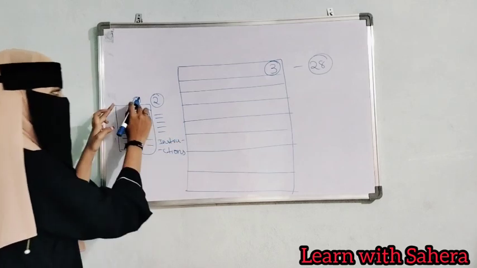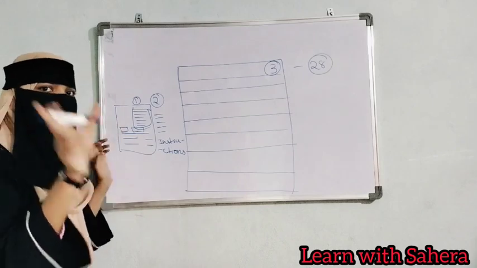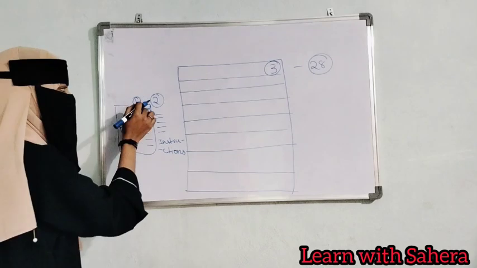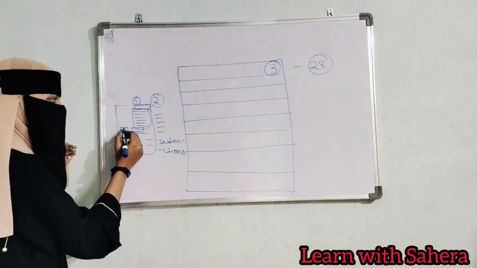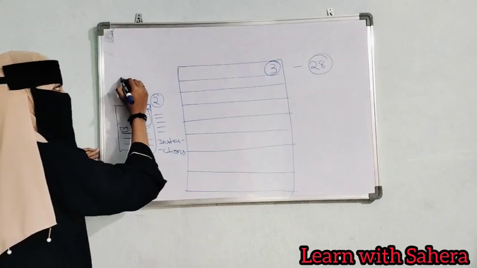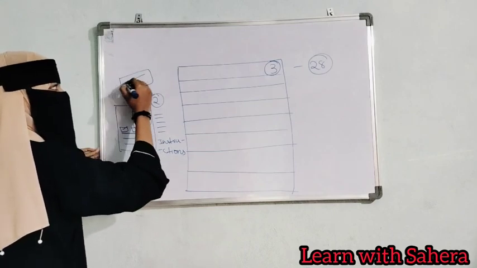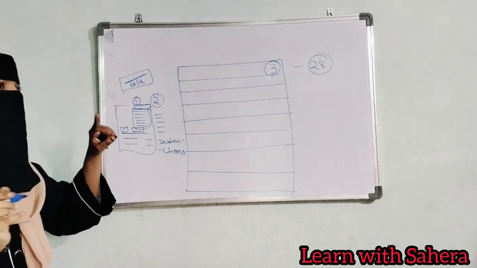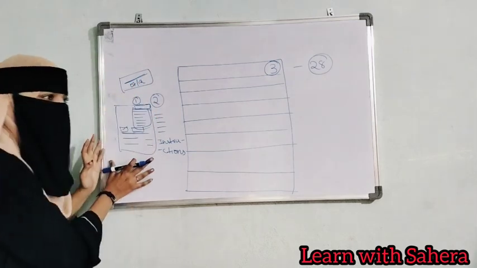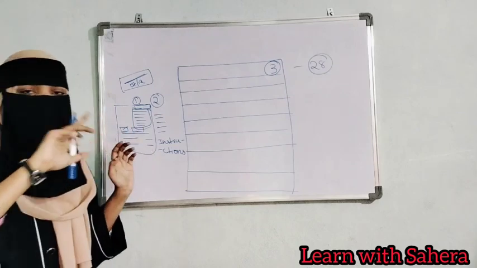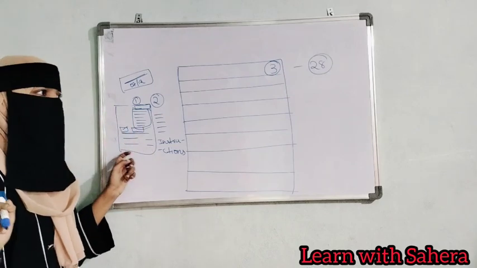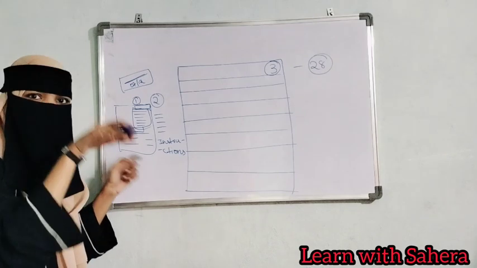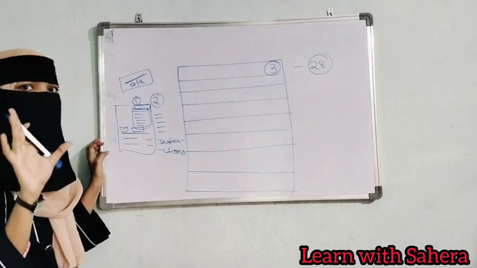So the first page will be the details page that you have to fill by yourself, and above it they will give a sticker to post. The code picture will be there. You have to post the picture here, then the details, then your signature. You have to do your signature with date. If this is your signature, you have to write the date here like this. Date is a must, and don't make any mistakes in this details page, because it is very important. It will clarify which stream or from where you are.